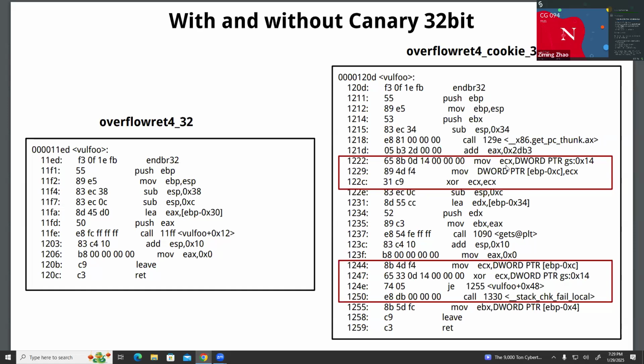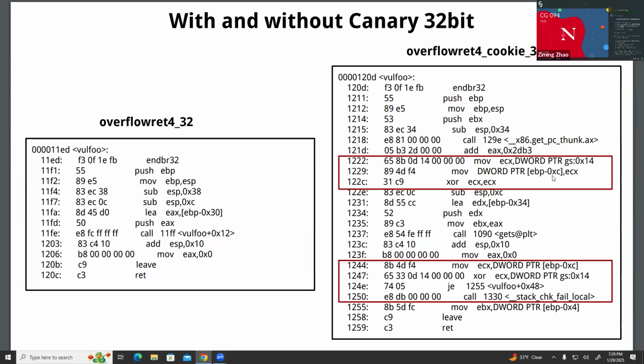It's a random value. Most of the 3 bytes of that are actual random values. On Linux, the last byte is always there. So those are random values retrieved from the kernel. The kernel will generate a random value whenever the program is created. Those 4 bytes will be placed at that location, GS:14. Okay. Then at the beginning of this function, those 4 bytes are moved to register ECX. Okay. Then ECX is moved to where? EBP minus C. Okay. Those random 4 bytes are moved to the stack, at an address